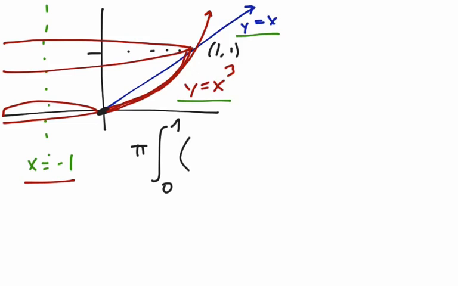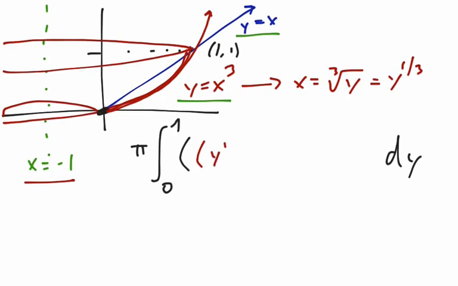And so the rightmost function is y equals x cubed, but because this is a dy integration, I need to solve for x in terms of y. So we need to rewrite this equation as x equals the cube root of y, or let's write it as y to the 1/3, because that'll make it easier to integrate if we have to. So our outer radius will be y to the 1/3, and then minus, there's that axis of revolution, which is at negative 1